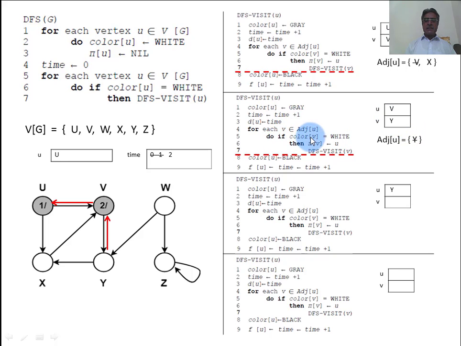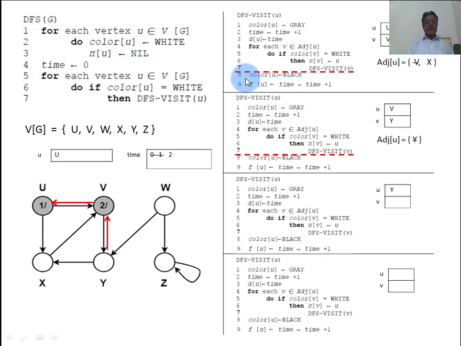If color of v, that is color of Y, is equal to white, then pi of Y is equal to u. Y's parent is the value V. U contains V, so its parent is V, drawn in the backward direction. And then it calls DFS visit v, it calls itself, and this v value is passed to this call. So lines 8 and 9 are still pending here.